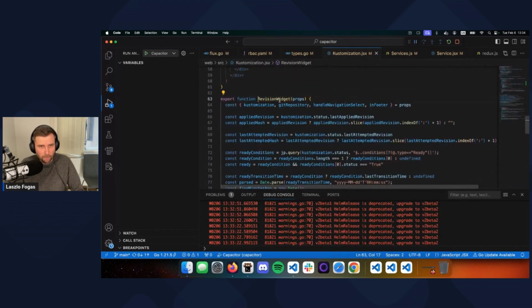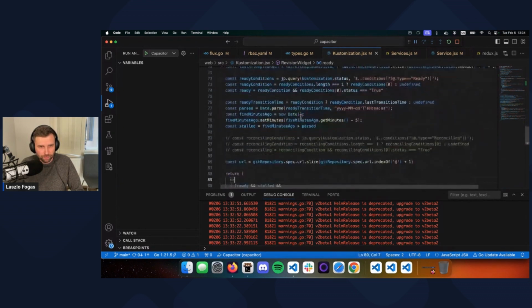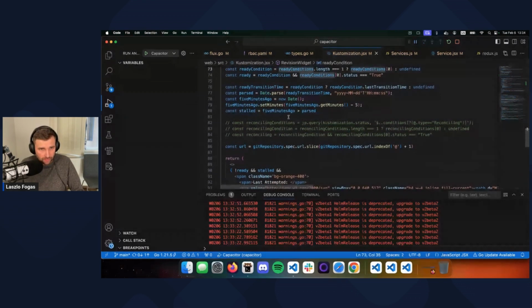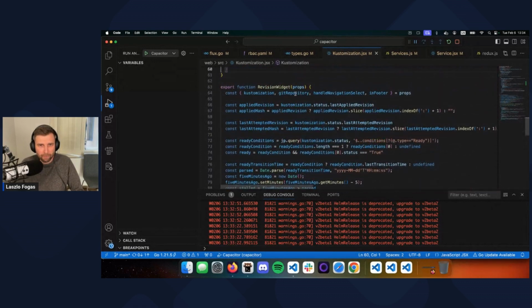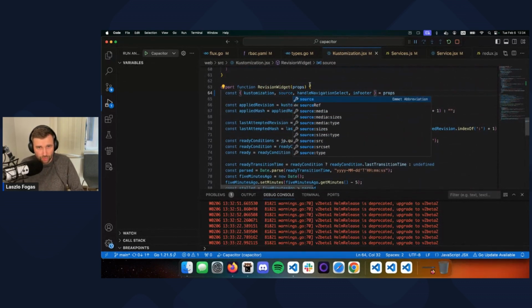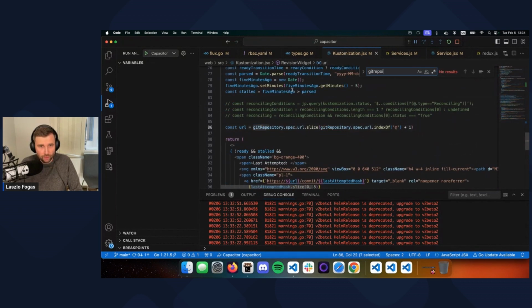Let's go there, which has props. Wherever we mention Git repository, we are going to mention source. But then,